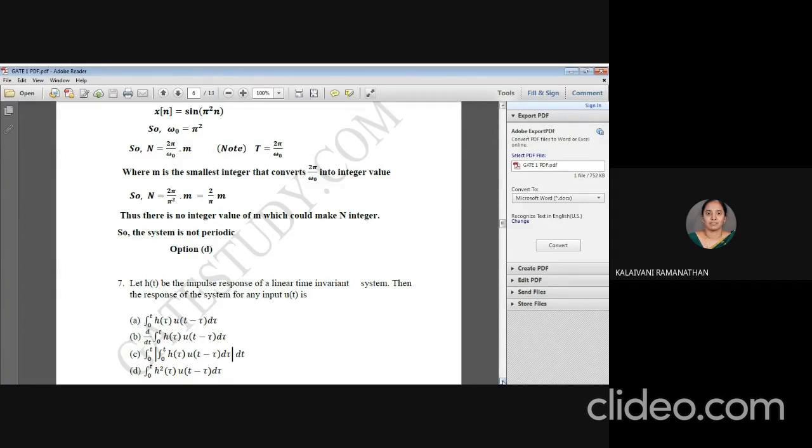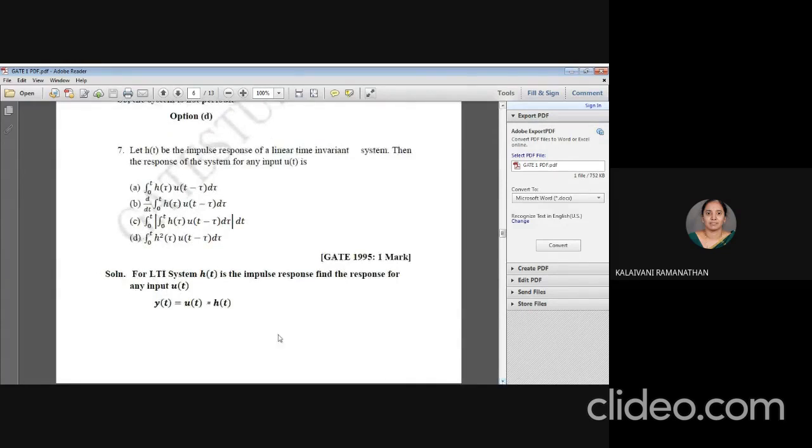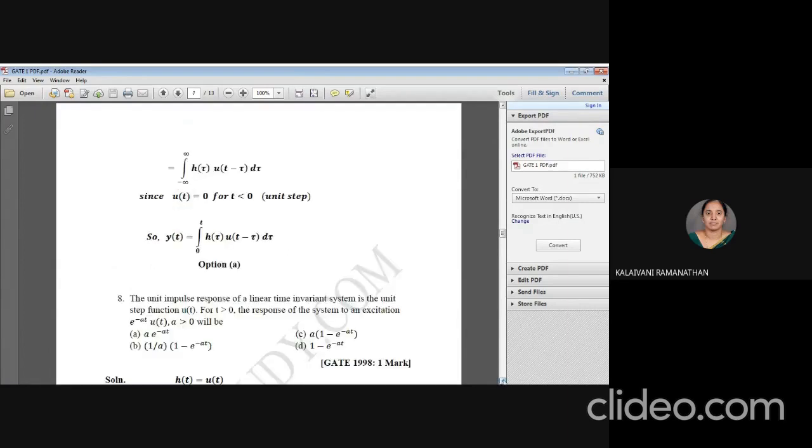Let us see the solution so that you can understand better. This is the response you have to know. So y of t is related to your input and impulse response in this way. This star represents a convolution operation. After this, you have to note down the definition of the convolution operation, that is, the integral from minus infinity to infinity of h of tau into u of t minus tau d tau. Dependent upon your u value, the unit step signal will exist only in the first quadrant, that is from 0 to infinity.